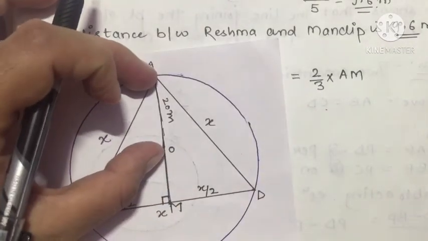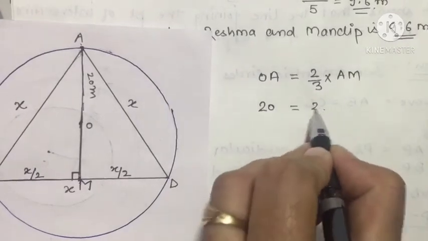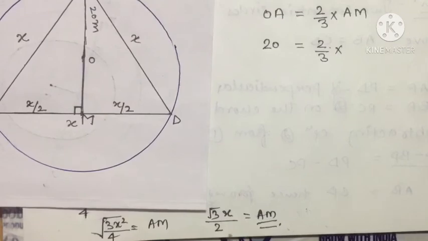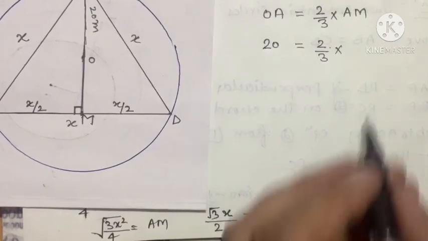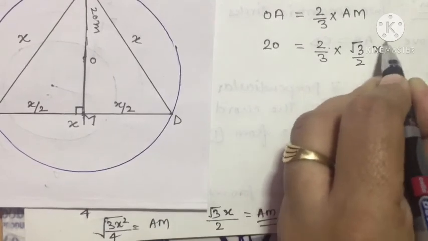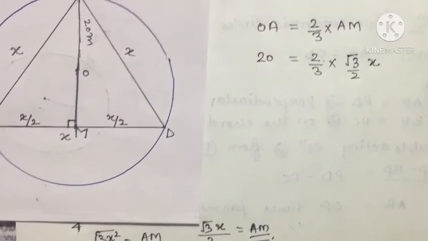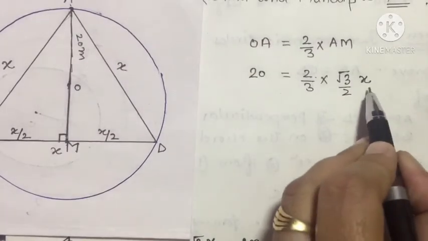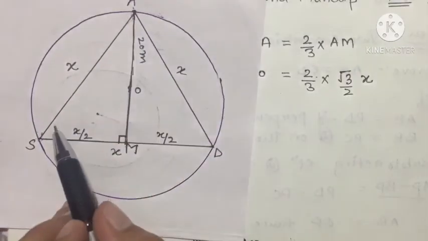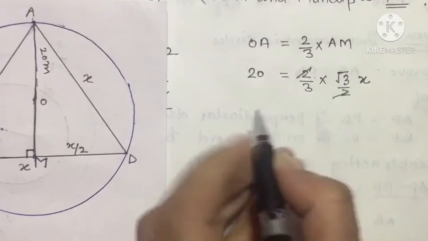See, OA is the radius of the circle. Can we put the value of OA here? That is 20, 2/3 and AM. Student, can we put the value of AM? Now only we have to find out √3. हम यहाँ पे इसकी वैल्यू पुट करते हैं √3/2 x. अब ये x है ना, अब आ गए हम सॉल्यूशन के बहुत ही नज़दीक, जहाँ पे हमारा आंसर आने वाला है, क्योंकि देखो यहाँ से x की वैल्यू निकल जाएगी, और वही तो हमें निकालना था, the length of the string, the length of the toy telephone. Fine. Now 2 and 2 are cancelled.